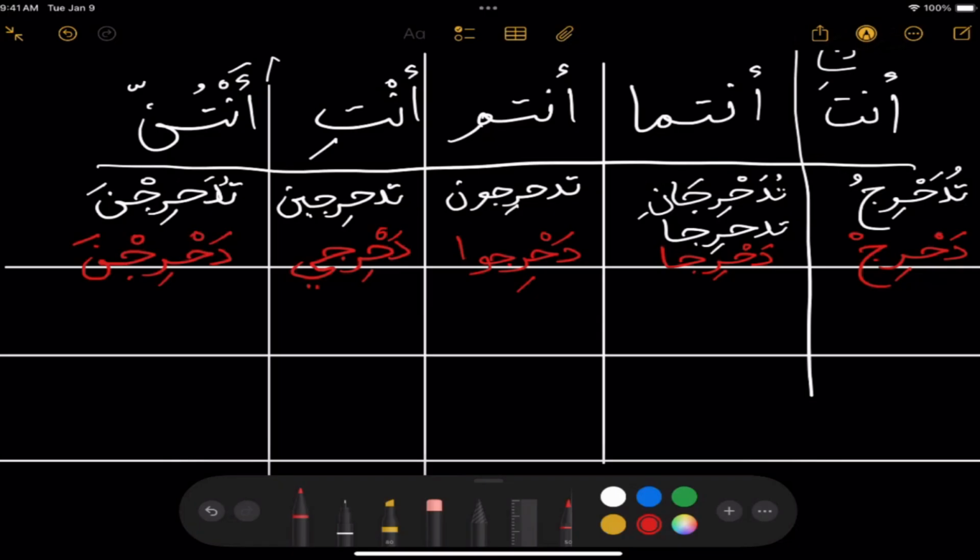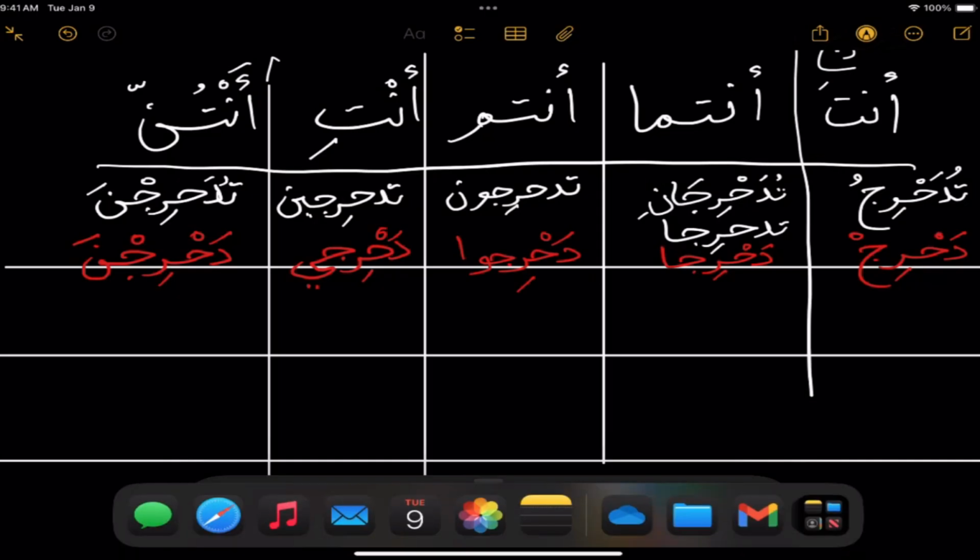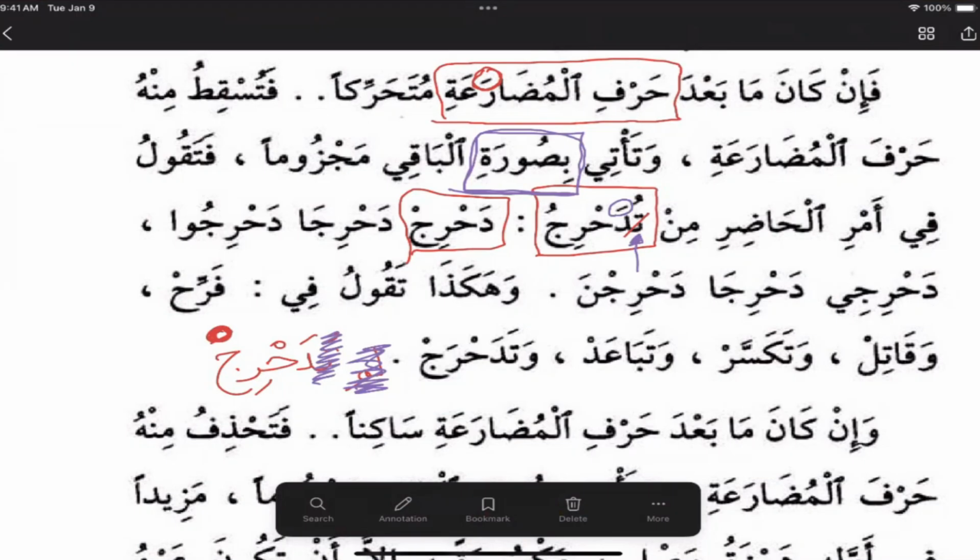And then he gave us other examples. He said that's what you also say for farrih. So you would say farrih, farriha, farrihu, farrihi, farrihna. And qatil, qatil, qatila, qatilu, qatili, qatilna. Let's look at the matn here. He said, وَهَكَذَا تَقُولُ فِي فَرِّحْ وَقَاتِلْ. So qatil,